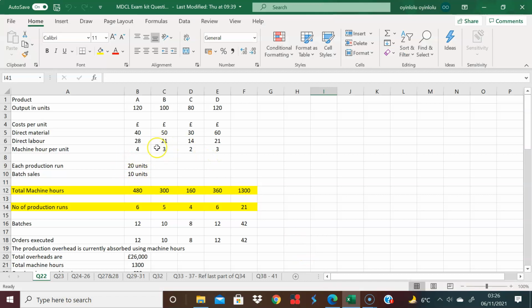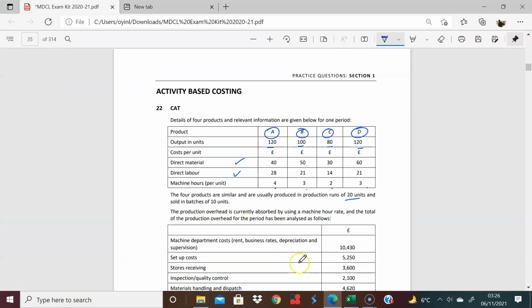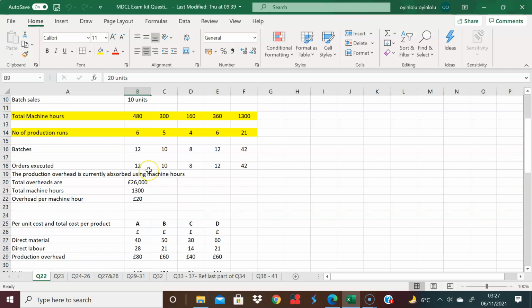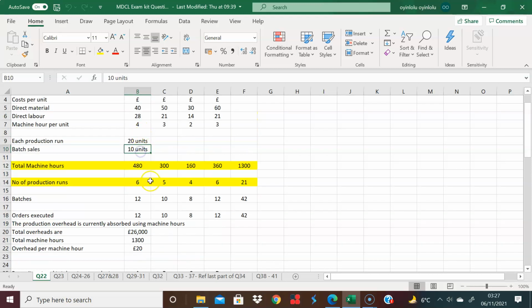And what I've done here is the same thing, where it says that each production run is 20 units. So in 20 units, that's how it works. And just going back, it says that they are sold in batches of 10 units. So what does this really mean? If you're doing production runs of 20 units and you have batch sales of 10 units,